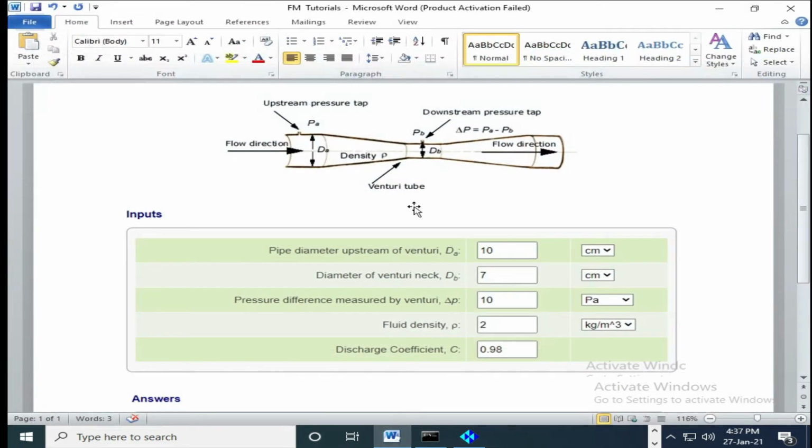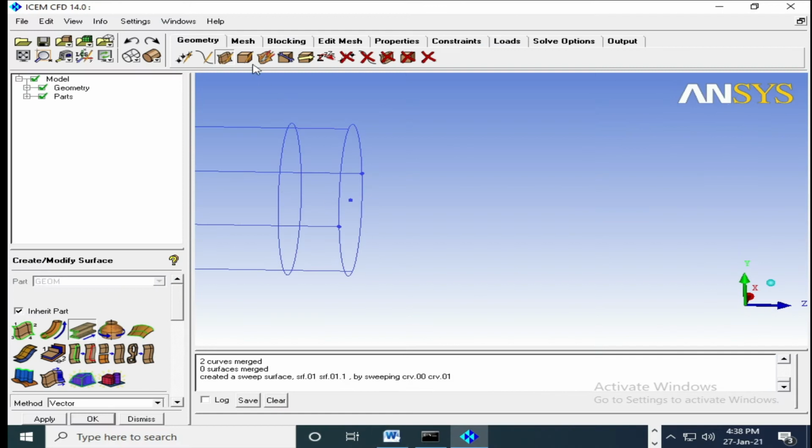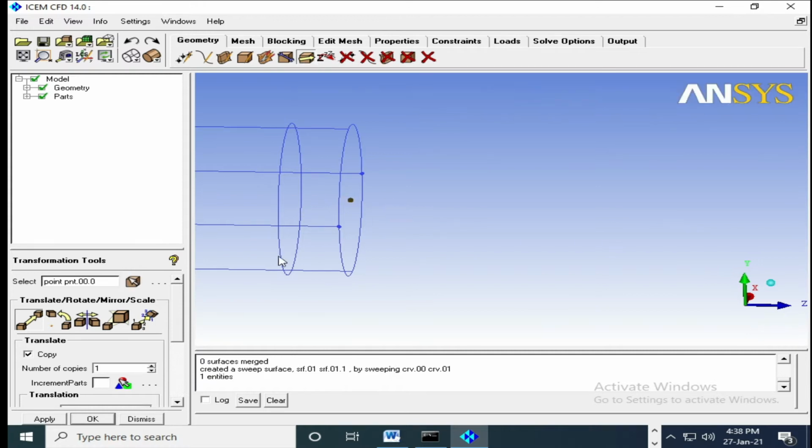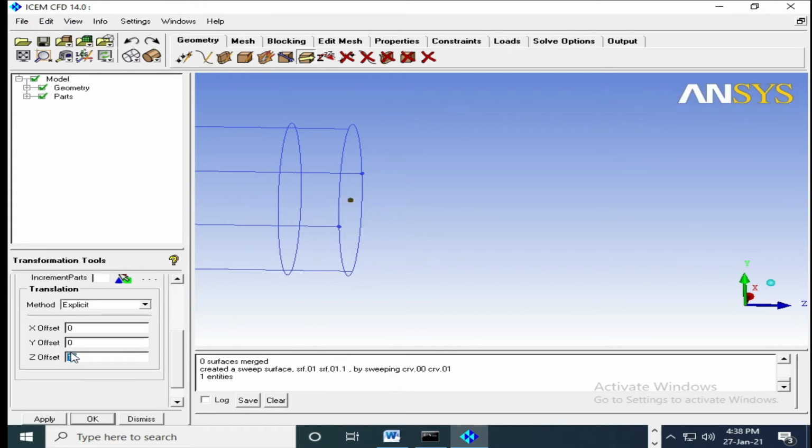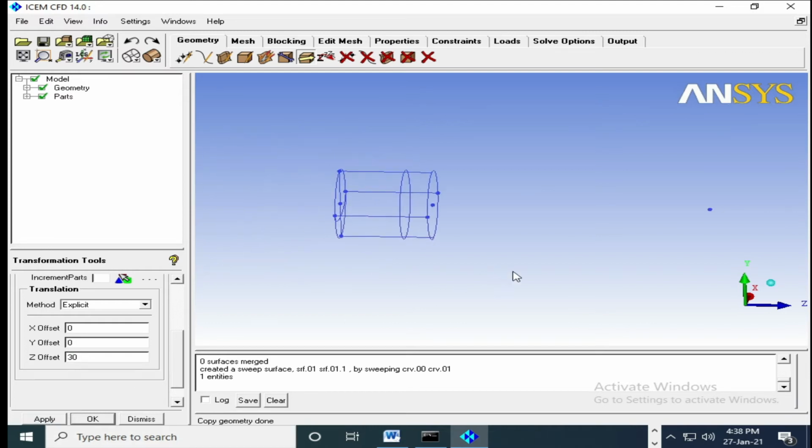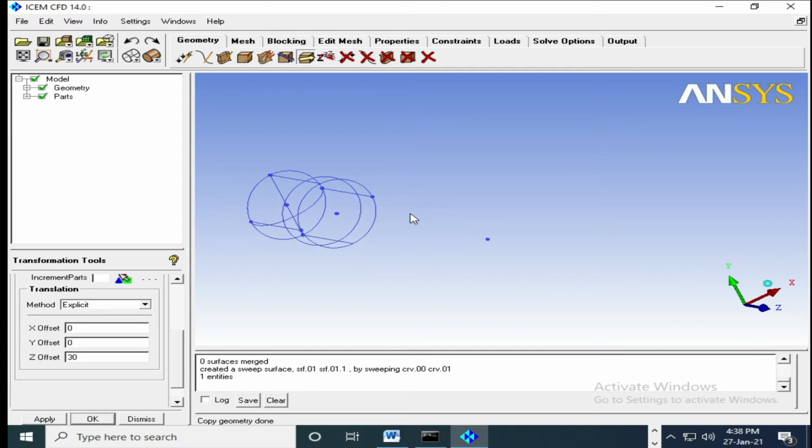Now you can see the distance of the first decreasing cone. I am assuming that is 3 times the diameter, and then 4 times the diameter is another. So near about 3 times the diameter means 30. So again I will transfer this point to Z equal to 30, and here I need to draw one circle which is having diameter of 7.